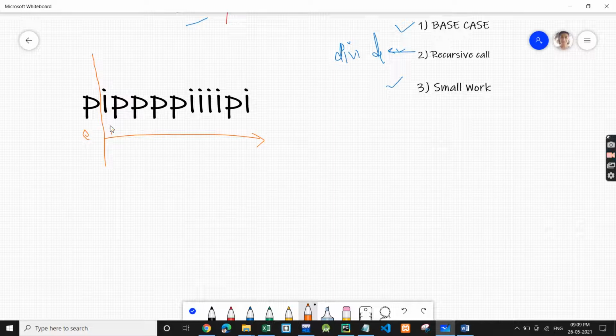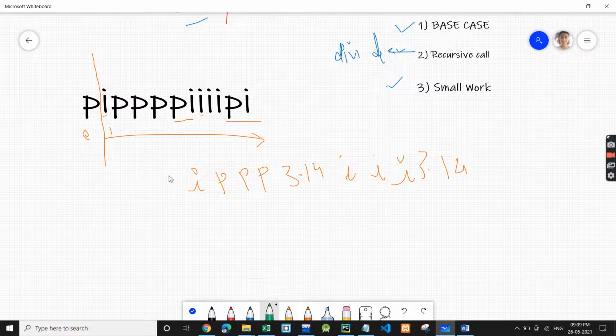So what recursion will return: the I will be returned as it is, then we have p, then again p, then again p, and now this pi will be replaced by 3.14, and then we have I, two more i's, and then this pi will be replaced by 3.14. Now this is what recursion will give us, and we have a p at the 0th index. So this is the recursion result. We did the recursive call and it gave us this.